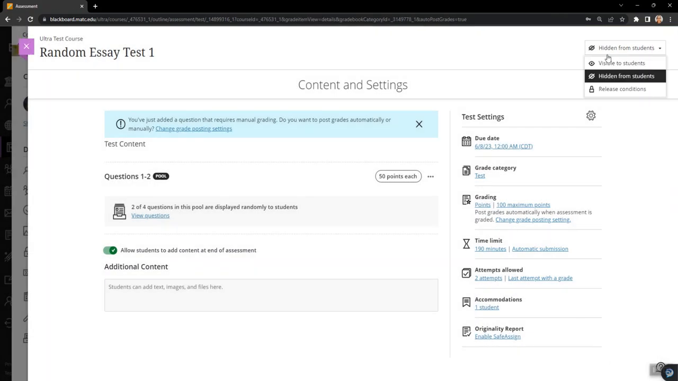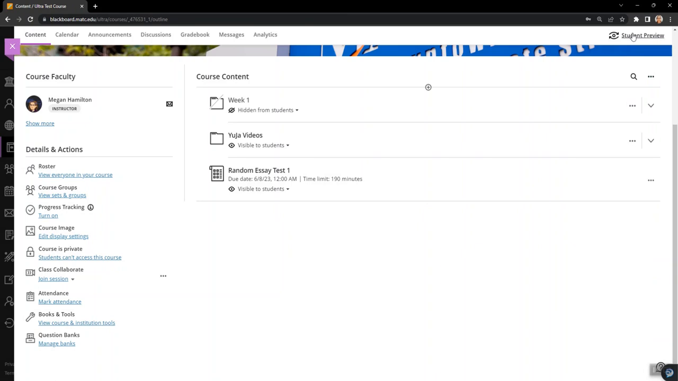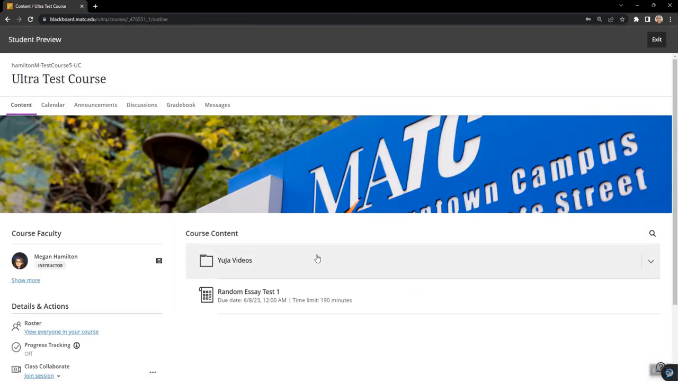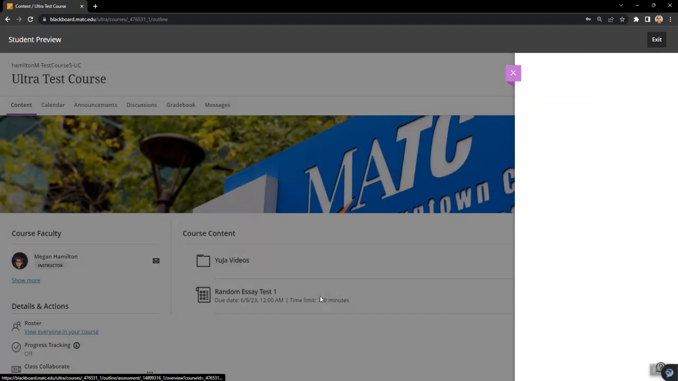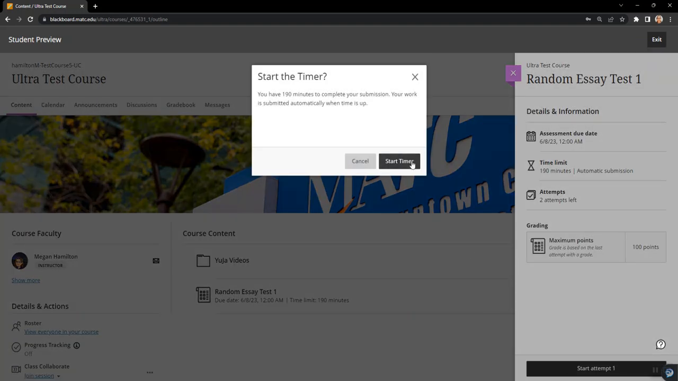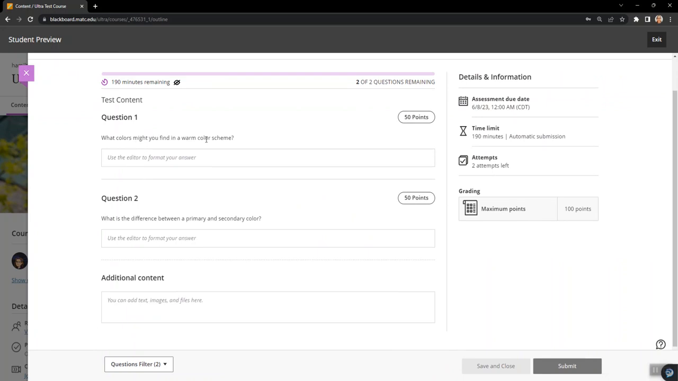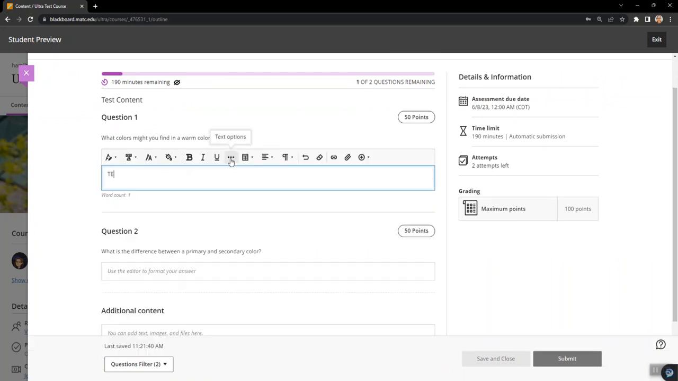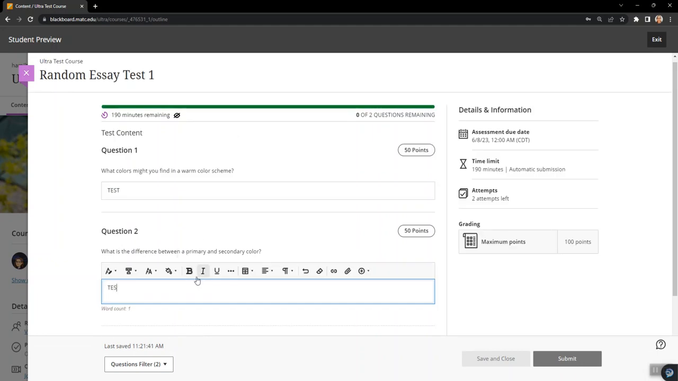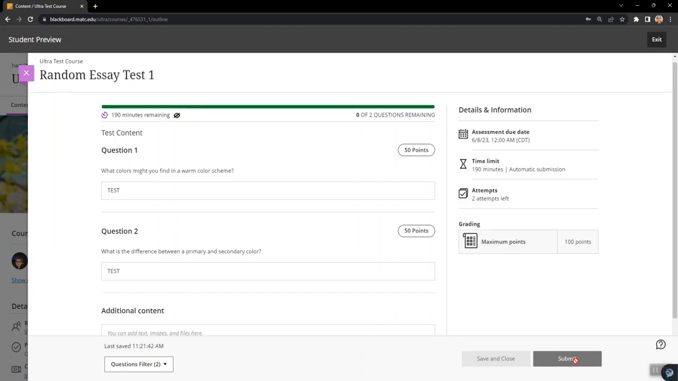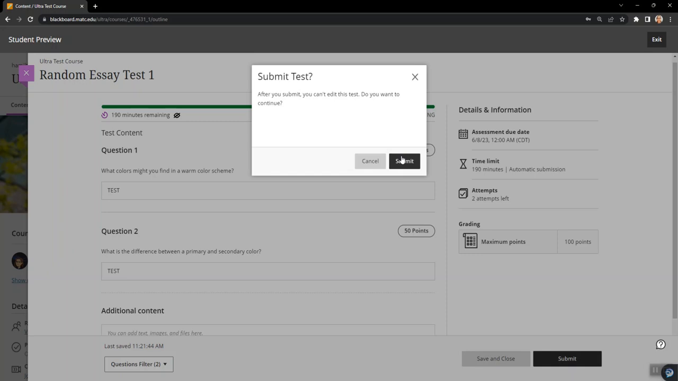So the test is configured, I'm making it available, and now I'm going to give this a quick preview to see how this works. I'm going into preview mode, and I'm going to click on this and see what question I get. So I get what colors might you find in a warm color scheme, and what is the difference between a primary and secondary. I'm just going to complete this from the student perspective,